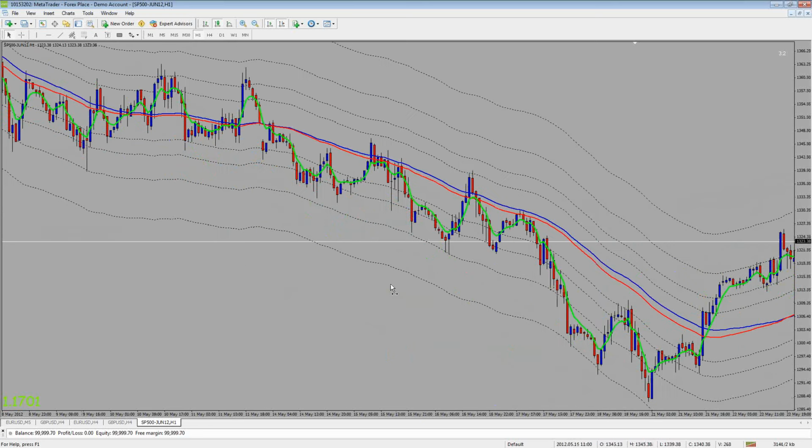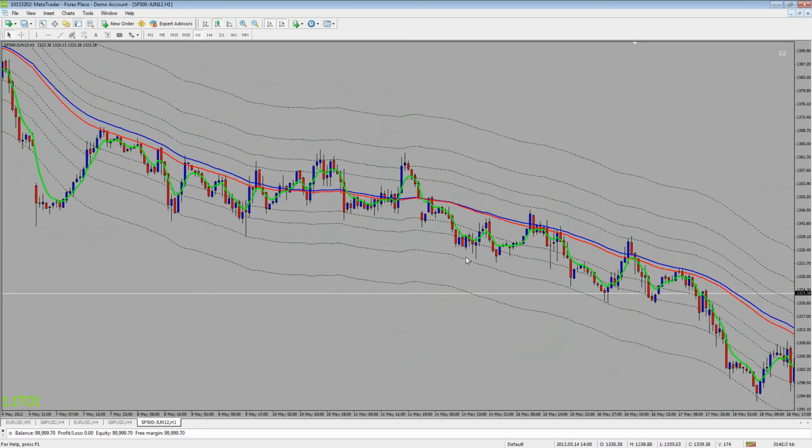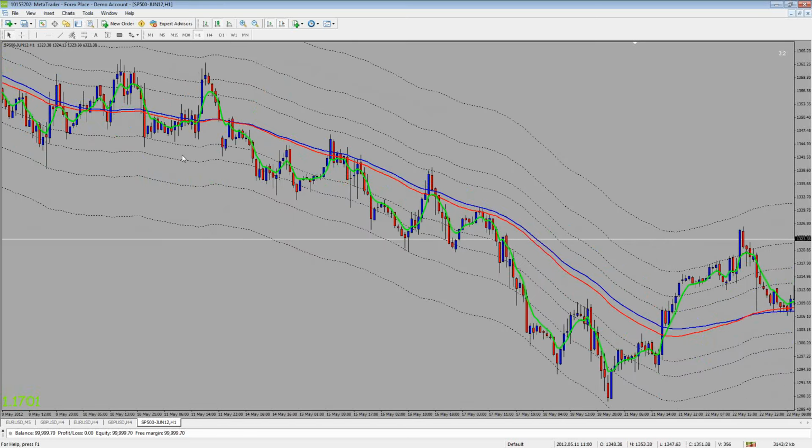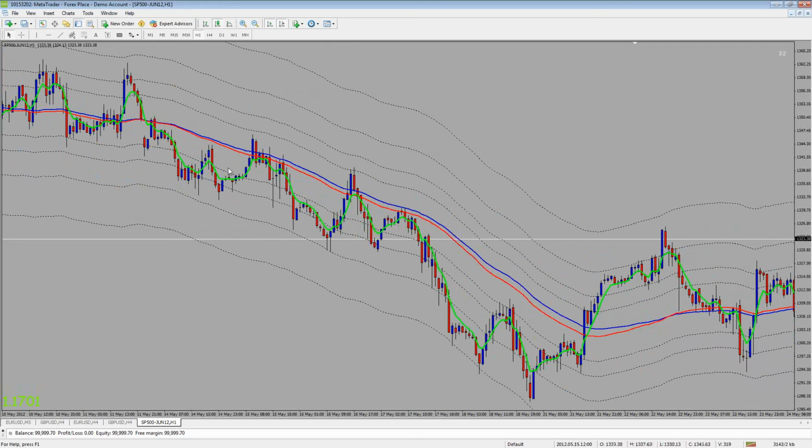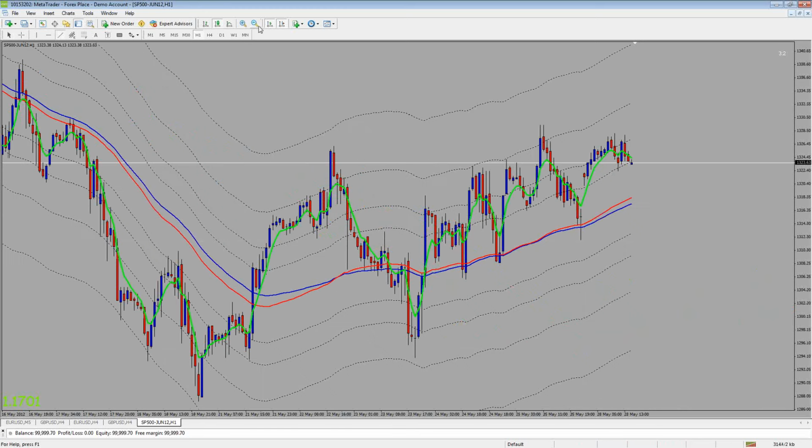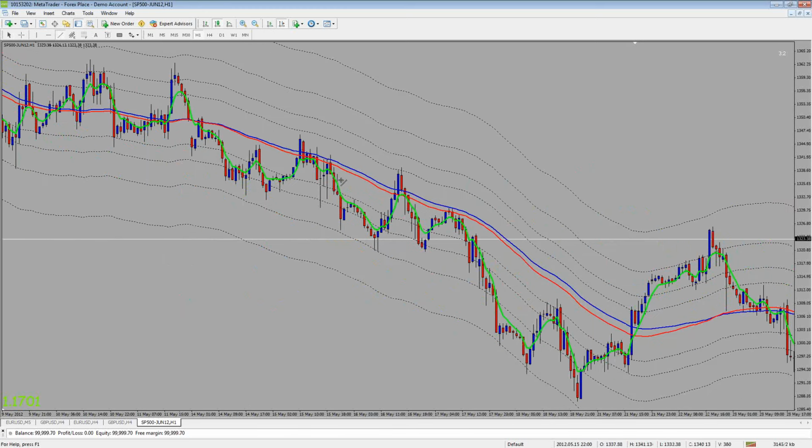So for example, let's say you're trading the S&P, and you see a downtrend here, and you see that there's a possible